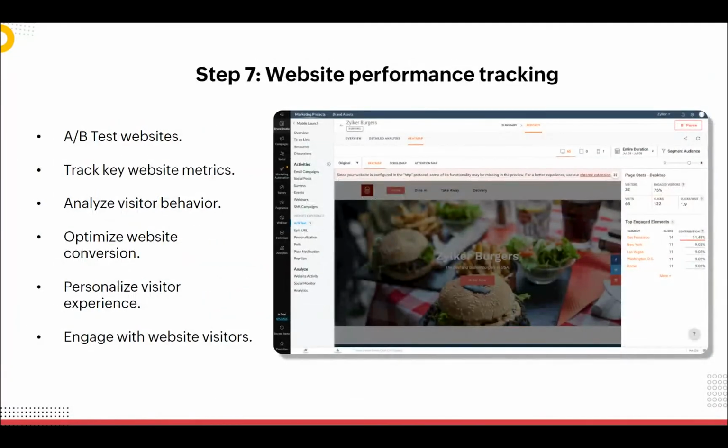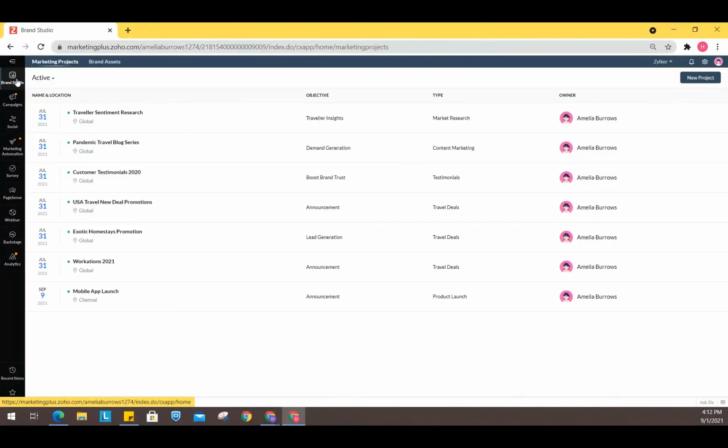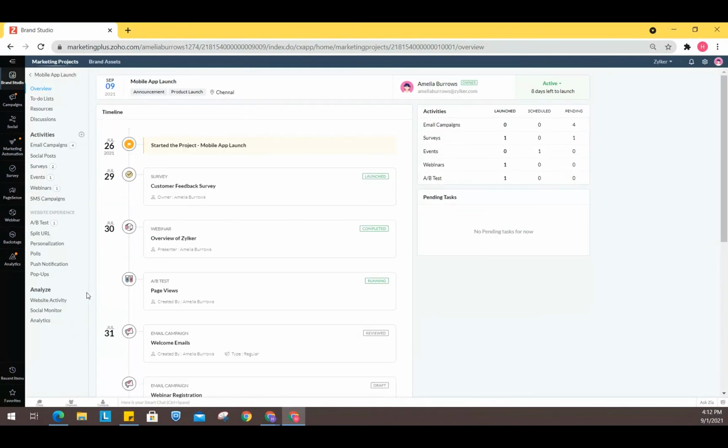Now let's move on to see how to track the website performance. Let me first take you to the studio. Let me open up a project. From here, you can see all the activities and you can also see the website experience.